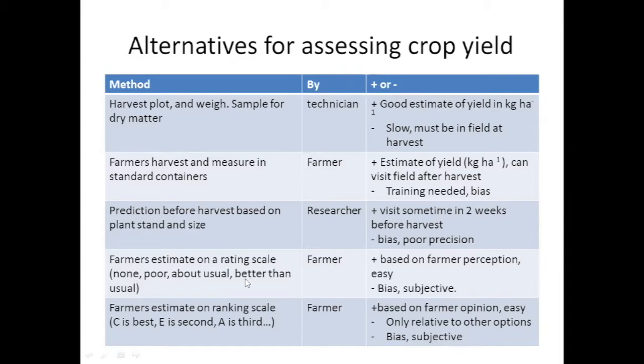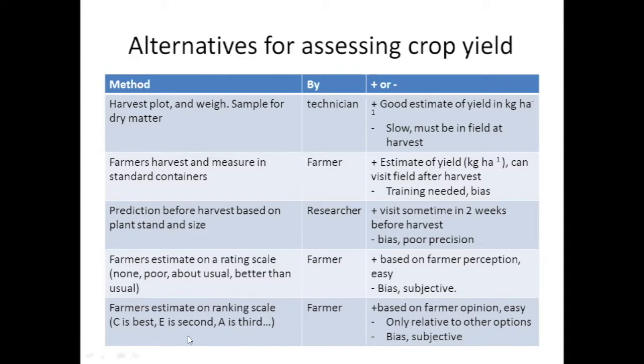An assessment of yield based on a scale like it was poor or not as good as I expected, or it was okay, or it was much better than I expected, that's really based on farmers' perceptions. You're capturing not just the biological performance of the plant, but you're capturing what farmers feel about it as well. But of course, it is subjective, meaning that if somebody else went to take the measurement, they might come up with a different answer. And it's also possibly subject to bias. And I'll say more about bias in a minute.